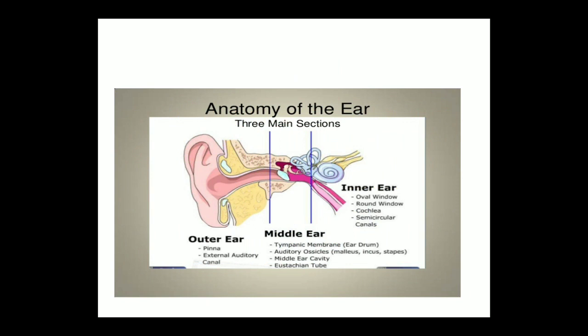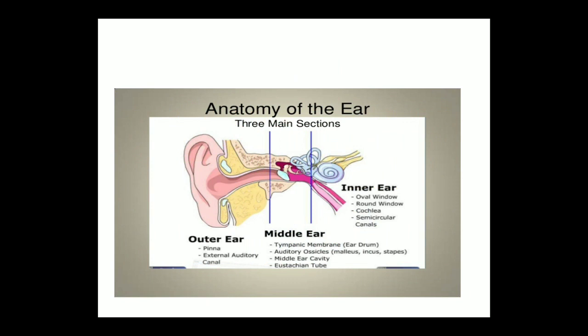So first slide discusses the anatomy of the ear. As far as the complete ear is concerned, it is divided into three parts: outer ear, middle ear and inner ear. Outer ear is sometimes also called the external ear. The external ear has three parts again. First is the pinna, which is also called the ear auricle. The next part is the external auditory canal, and the third part is the tympanic membrane.